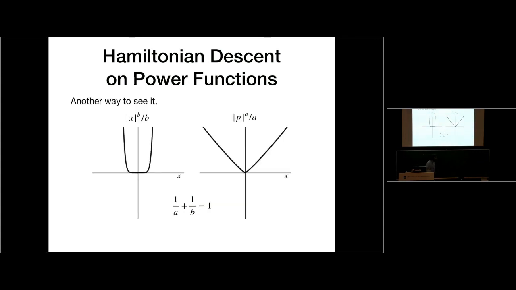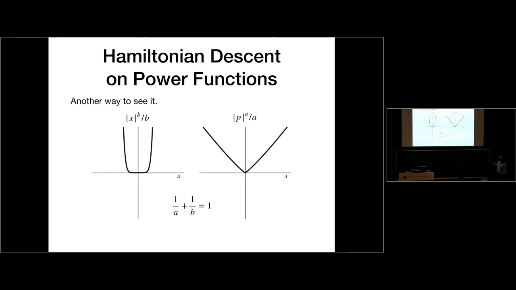Here's another way to see it. You're trying to optimize this function, and let's say B is big. Then you have a very flat area near 0 and a very steep area up here. If you're very far away from 0, you want the change in your position to be relatively small because the gradients are going to be massive, so you want to dampen that. If you're very close to 0, the gradients are going to be tiny, so you want to amplify it.